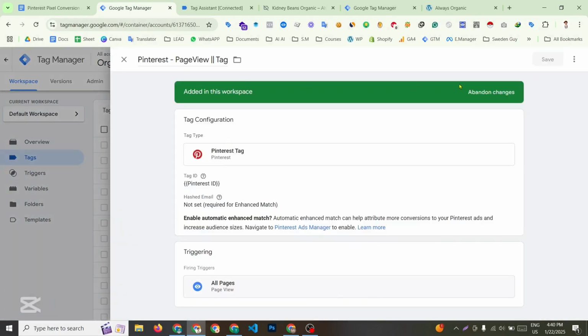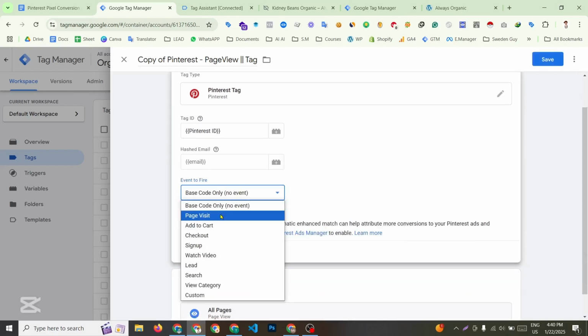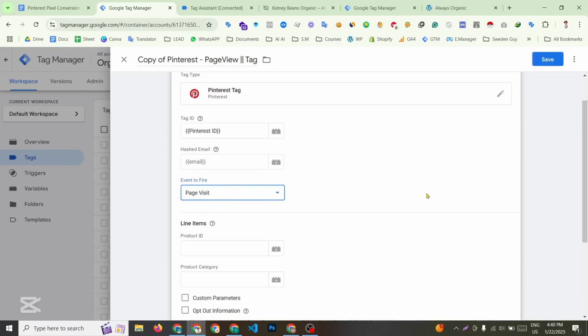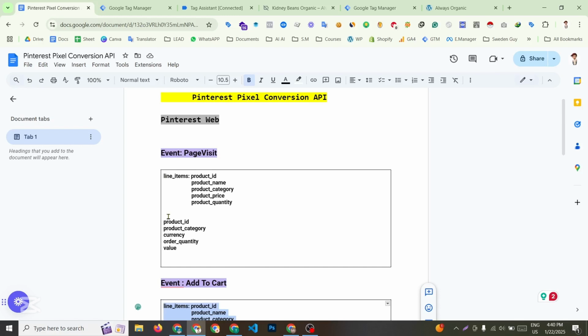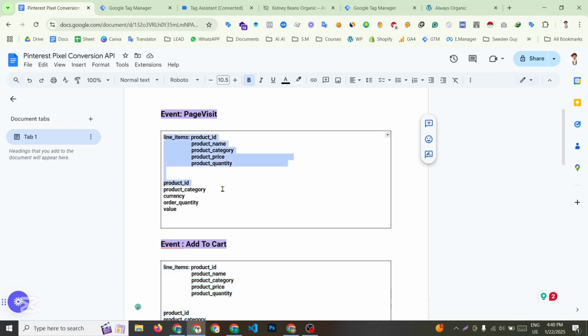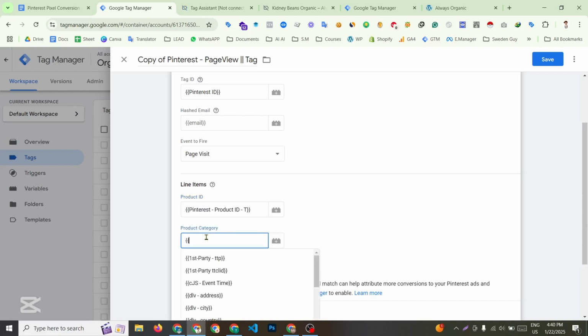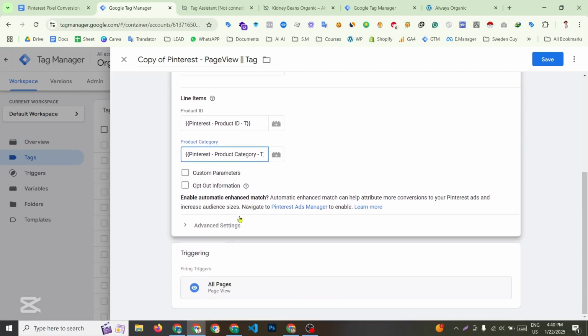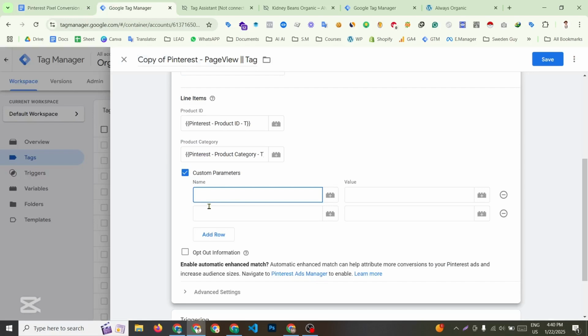Again, go to this Pinterest page event and copy this. Then we need to select the page visit event. Page visit means product visit. Now we need the line items and product ID. I already told you that I already created these event parameters, so now I need to choose it, product ID, then category. That's good. Then we need to send some custom parameters, currency,